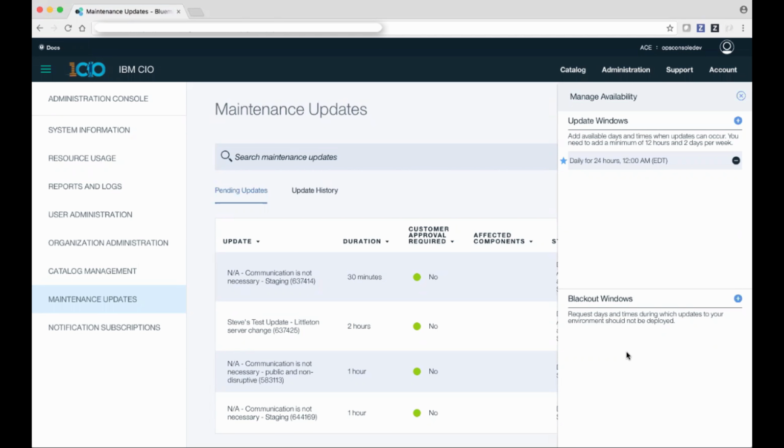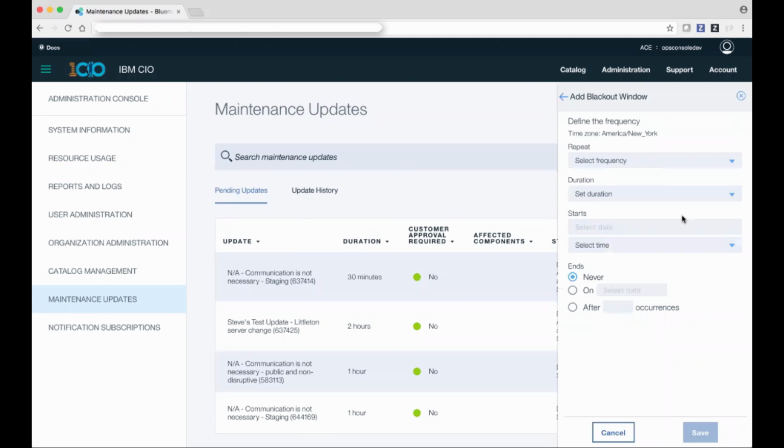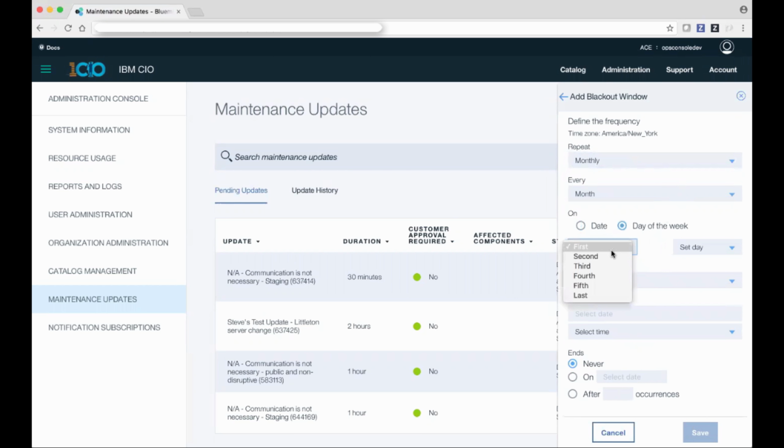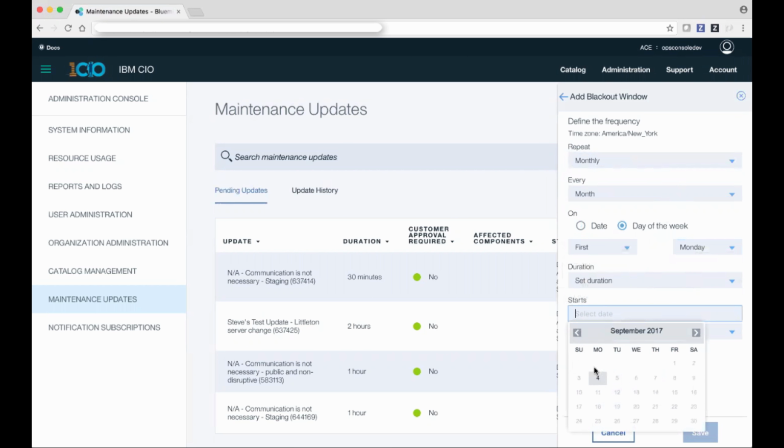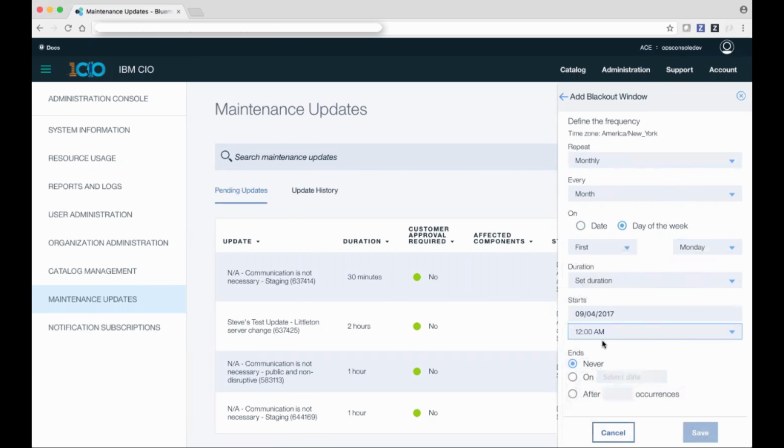Let's say that, as a customer, I want to black out every Labor Day, the first Monday of every September. I invoke the action to create a blackout window, and I see this UI, which is the same one, by the way, as it was before. I'm going to set up a frequency of monthly, designating the first Monday, starting on the first Monday of September 2017, starting, let's say, at 12 a.m., and I'm going to set up